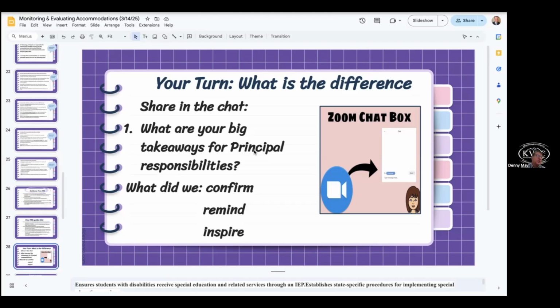It requires us to look at goals to see that goals match the accommodation that we're asking for, and that we have that listed appropriately in supplementary aids and services, and that we've marked the box correctly. So there's lots of things there to think about in terms of the information that we need to be so clear on. I'm going to give you just a minute or two to reflect.